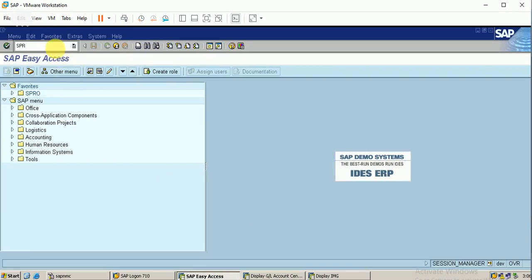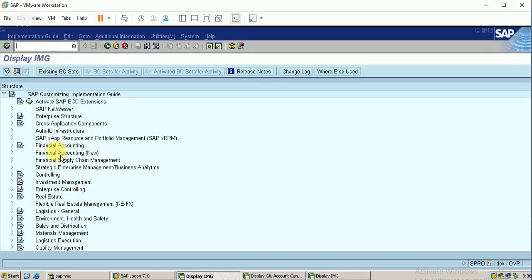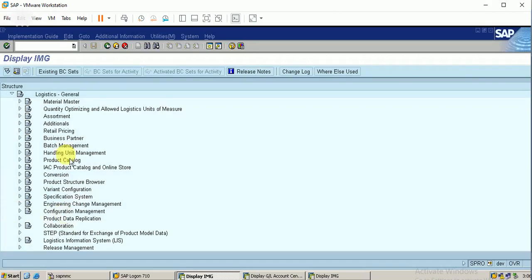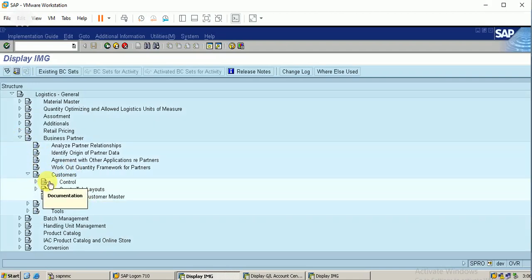So let me enter into the configuration. Okay, sales and distribution. No, it is in logistics central. We have defined the account group now. There we might have done some mistake.